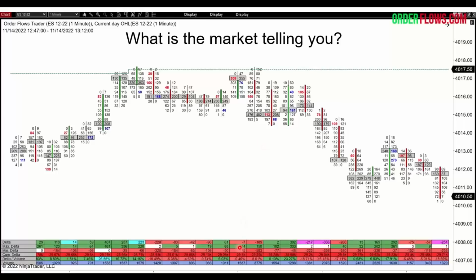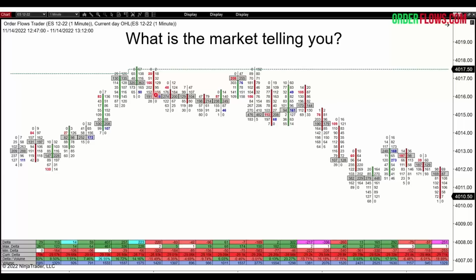This is our chart. Well, obviously we've got the negative deltas telling me aggressive sellers are in control up here at the high. But then you start to dig a little bit deeper. You can see the max delta on these bars. They're very small: 2, 5, 1. So even though you're up here near the high, normally you'd expect to see euphoria. You'd expect to see people wanting to get this market to go higher. But if aggressive buyers were never really in control, and it's just been dominated by aggressive sellers, that's a bearish sign,